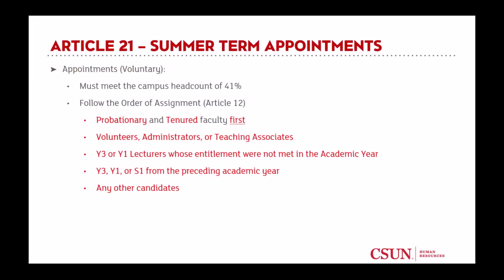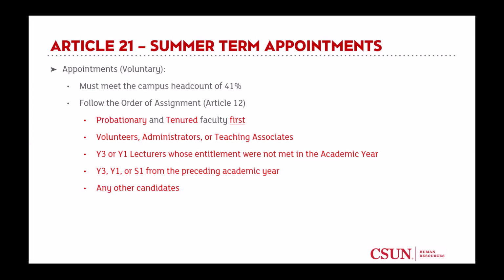Okay, so Article 21, just want to put this on your radar. I know that some of our department ASCs do help the chairs with courses and who's assigned to what, who's a Y3, who's a Y1, who's an S1 during the academic year. So just a couple of things to put on your radar, and something you might want to share with your chairs. As a campus, the campus has to meet a head count of 41% of courses offered,